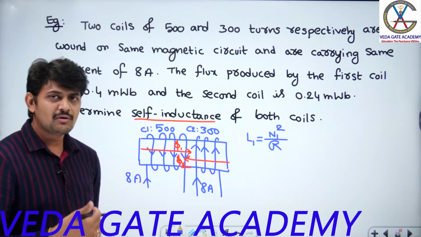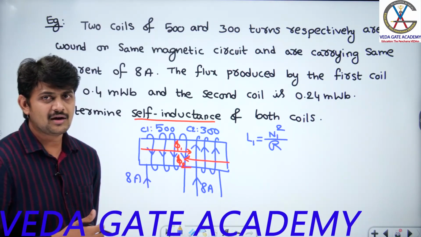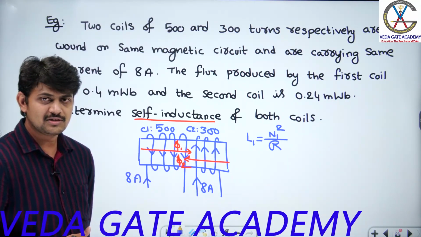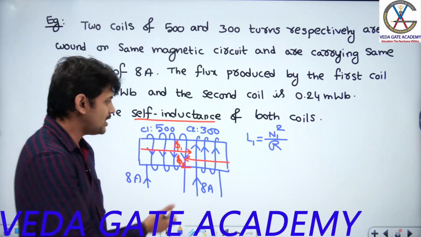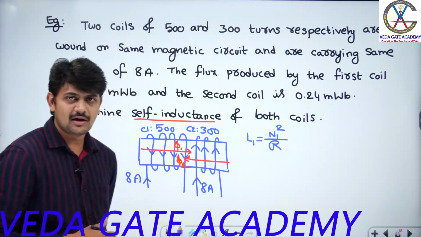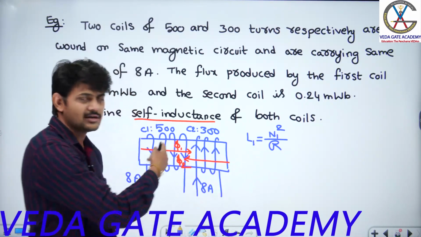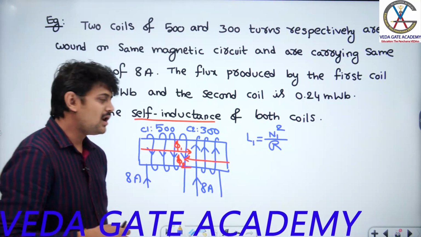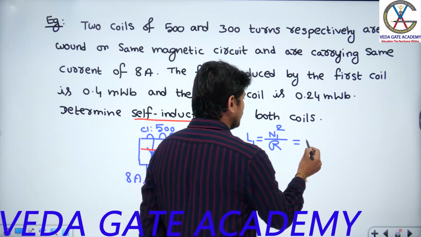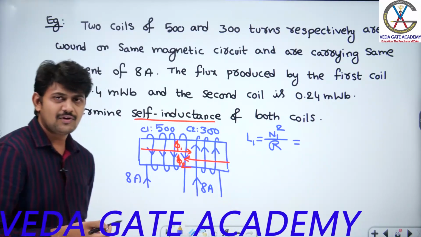That means we need to understand the relative permeability of the magnetic material which they have used to design this core. Am I correct? But I don't know any information regarding the core dimensions, so I cannot calculate the reluctance with the given data. So I have already given one more equivalent formula, which is used to determine the self-inductance of the coil.